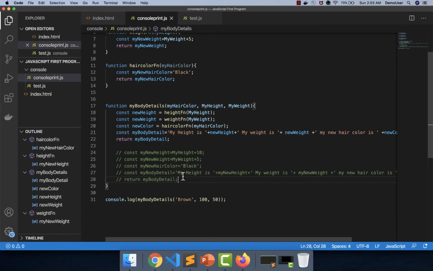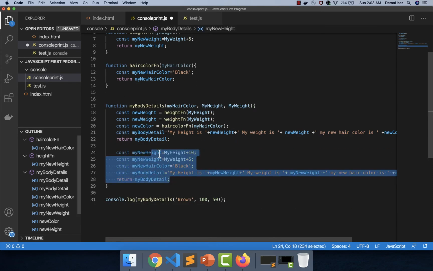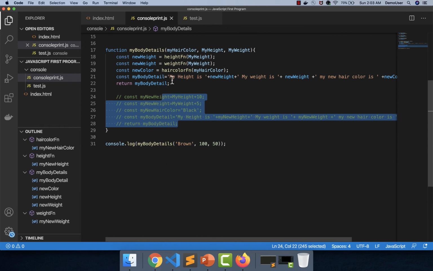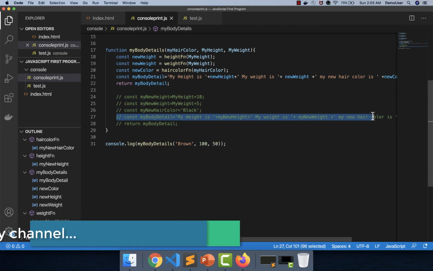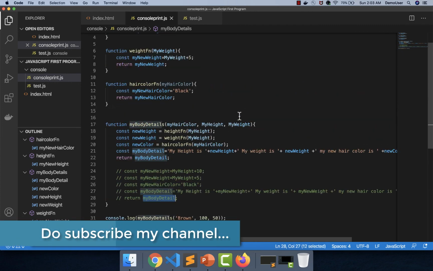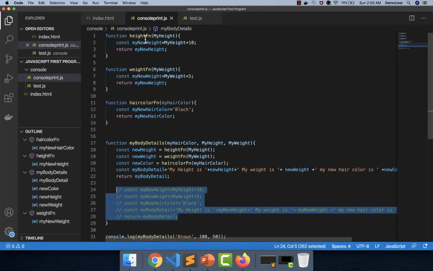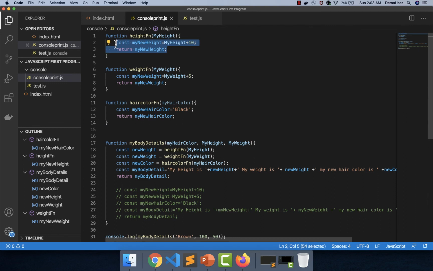So in the previous slides, or in the previous part, we have already created a method over here. So it was only one single method, which was something like this, and it was only containing this particular section. So we were doing all the calculation within this single function, where we are trying to add something in the height, weight and the color, and then we are trying to simply form a single string and then return this particular string. Now what we have done over here is, we have just commented all this code and we have created 3 separate methods or functions, and we are performing each operation for each type of